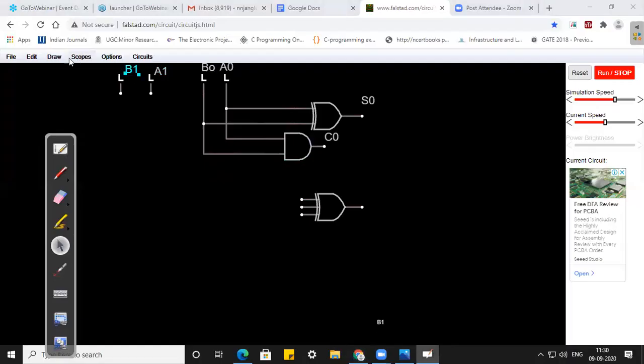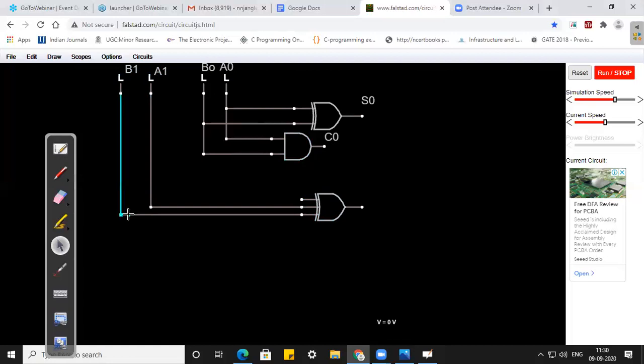So I will again take a wire. I will connect this A1 here. This is my B1, and C0 is the third input.